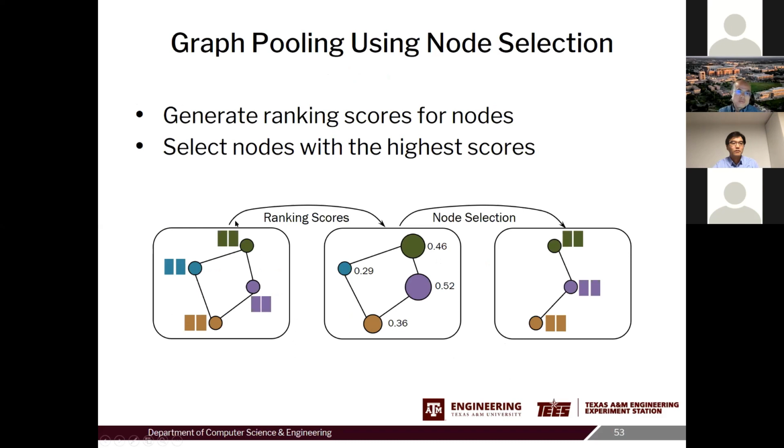In the graph pooling case, we again do this based on a node ranking score. For example, this is the input graph. We compute a projection of each of the feature vectors so that we come up with a node score for each of the nodes in the graph. Then we select the top k nodes. Here, if we select k equal to 3, you can see this node will be ignored in the selection process, and we obtain a smaller graph.